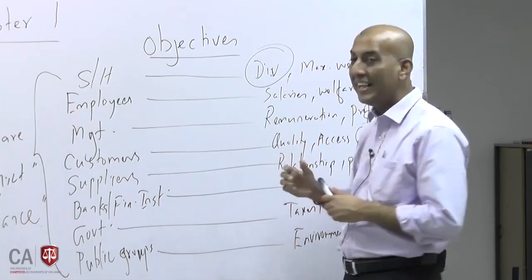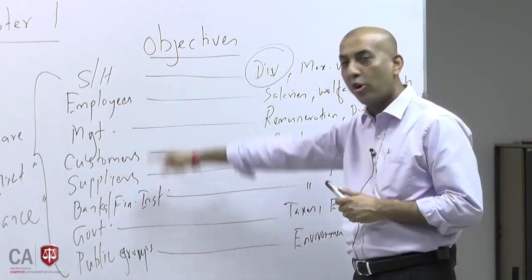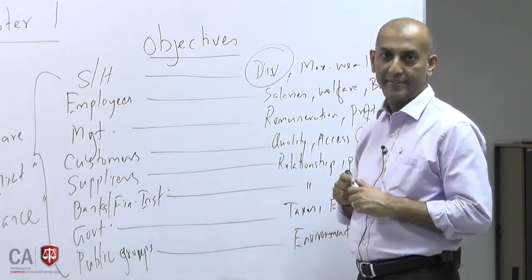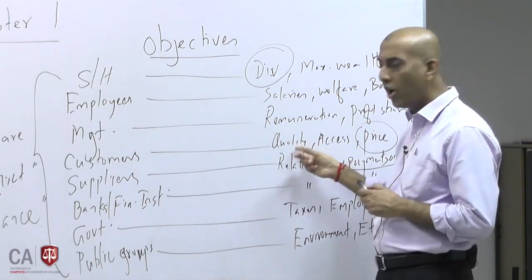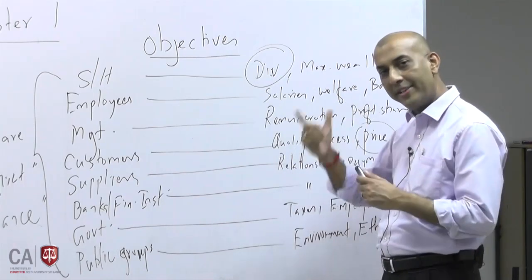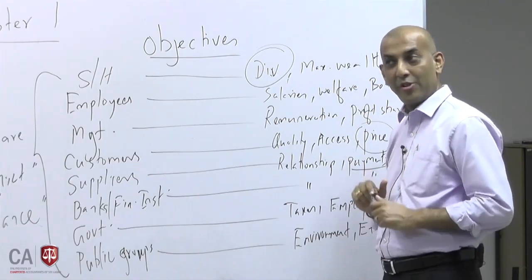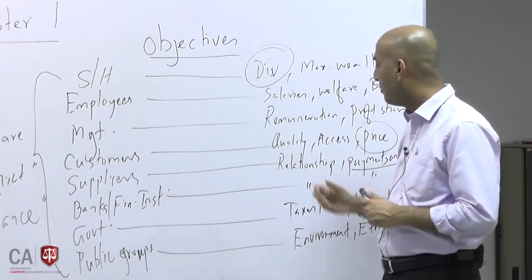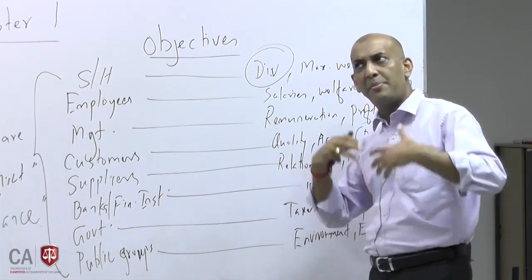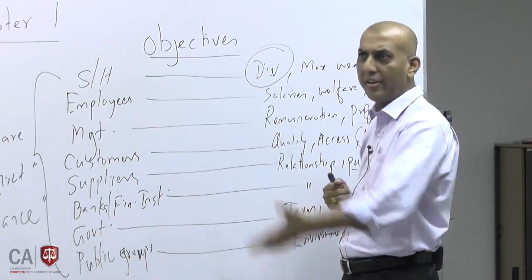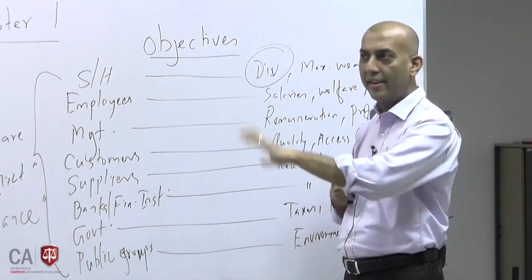What I am trying to say is that this is what will happen if you totally ignore one of these stakeholders' objectives. You will have to balance these objectives. You cannot give a very low quality product to the customer and make a good margin. You can provide a low quality product so that your margins are very high, right? So shareholders are very happy with good profits. But you are giving a low quality product to the customer. Maybe in the short run, customers may not be aware of it. They are not able to understand the quality, and they just have it, thinking that this is good quality.